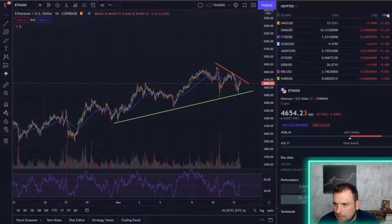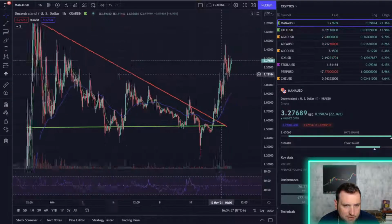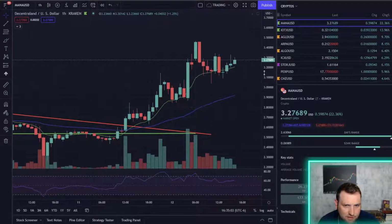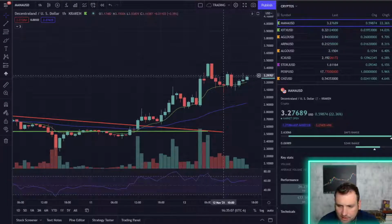Let's see what top gainers we got today. So Mana's the top gainer today. It's kind of a pullback in the market today. Stock market, I'm not sure how the stock market closed actually. I need to see, but